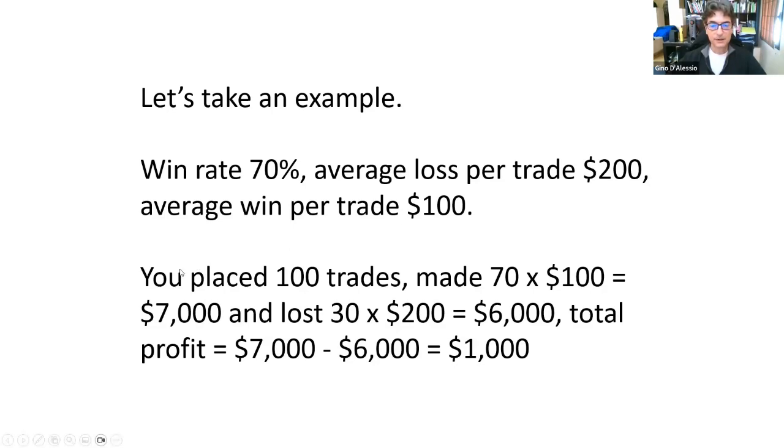Let's say you placed, over several months, 100 trades. You made 70 times 100, which is $7,000. And then you lost on the other 30 trades, you lost 30 times 200, that's $6,000. So your total profit would be 7,000 minus 6,000, which is 1,000. That might look satisfying,